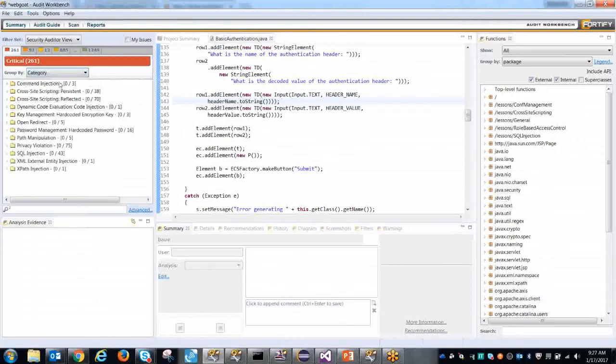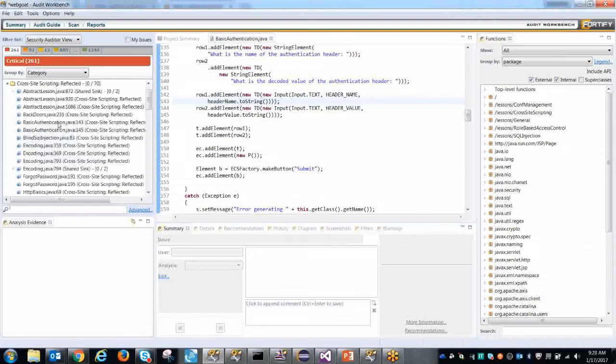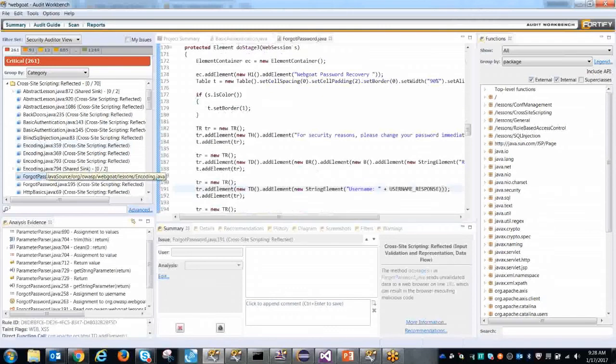Let me go ahead and switch back to the category view. And right here, we have everything listed in terms of the categories, either cross-site scripting, pattern manipulation, or even privacy violation. Let's say we want to take a look at cross-site scripting as a quick example. And let's look at the forgot password real quick. As you can see, it's going to give you the line of code where that one